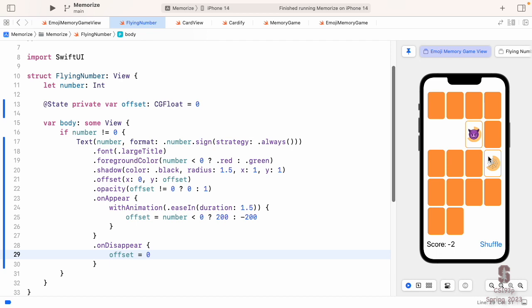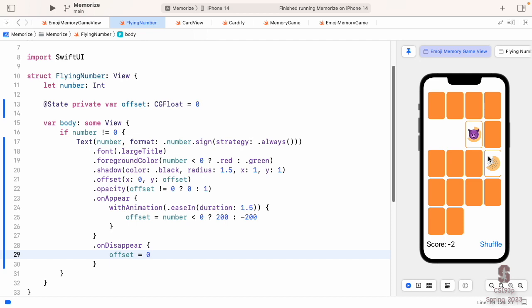It looks like the ones at the beginning are in the back and the ones toward the end are in the front, which kind of makes sense, but we don't know that for sure. But we need to be sure. When we click on a card and it causes a score change, we need it to be in the front. No matter which card it is, it has to be in the front so that when this number flies up, it flies out on top of all the other cards.